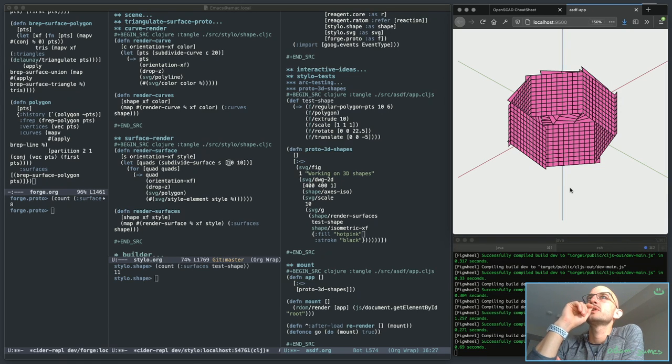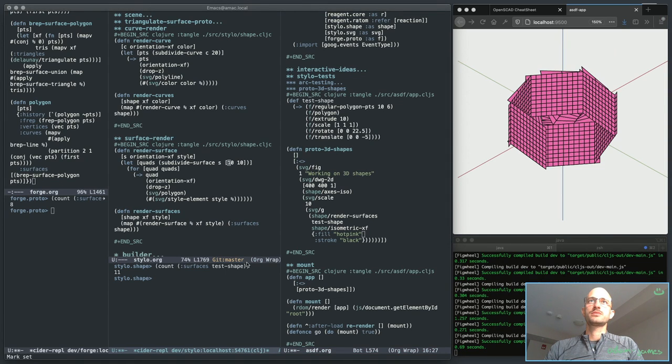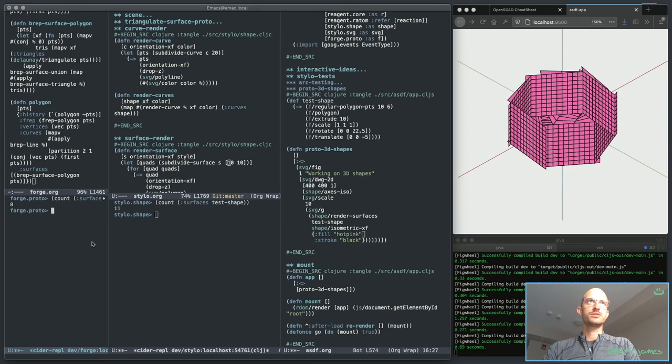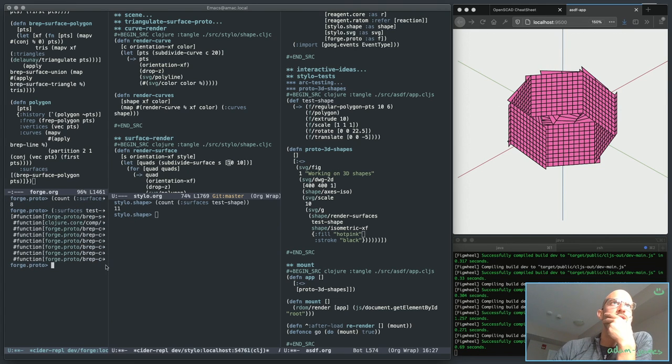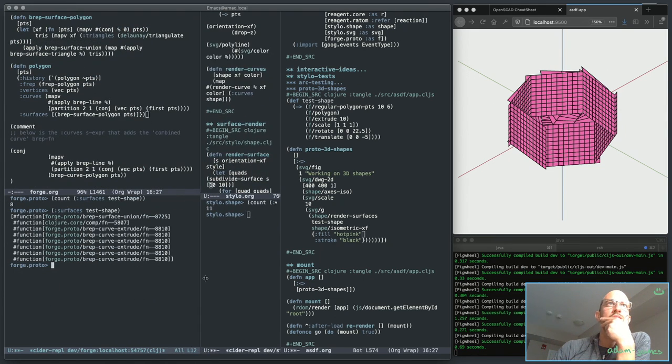The first thing I'm wondering about is whether or not I actually have surfaces in the right spots. In order to do that, what I need to do is surfaces of test shape. They will look like this. One, two, three, four, five, 6 are built up from